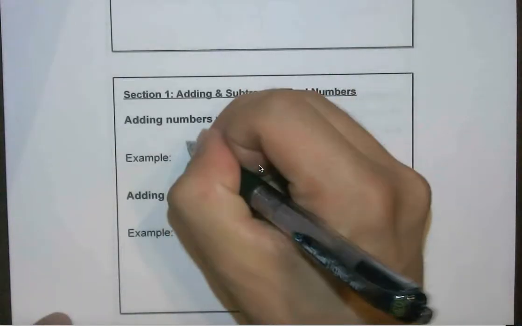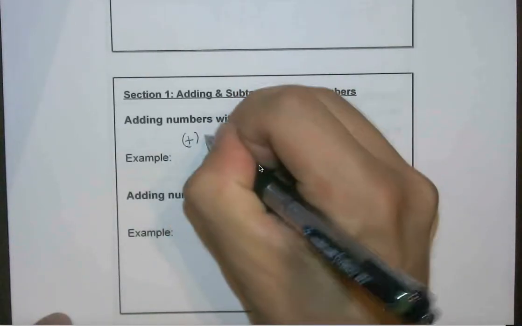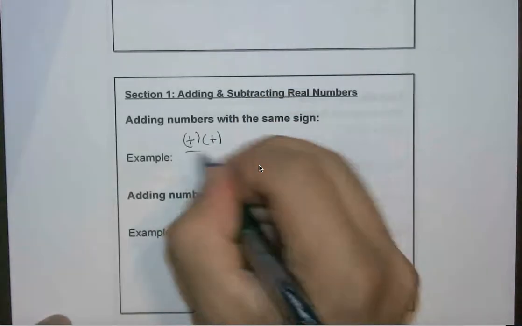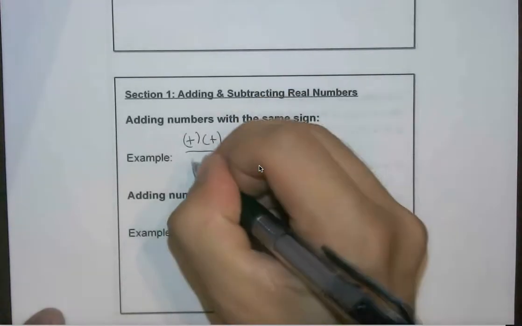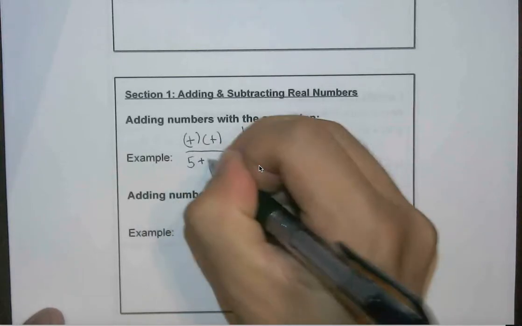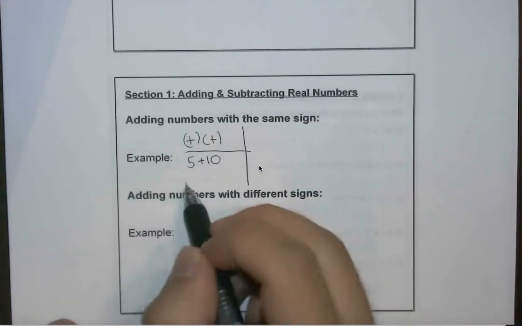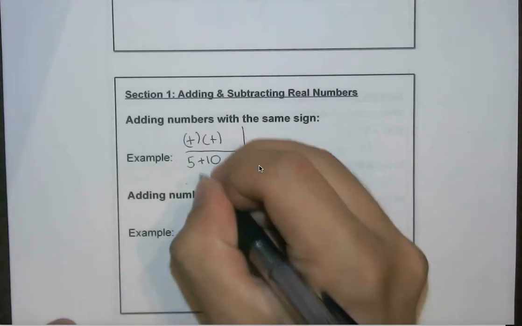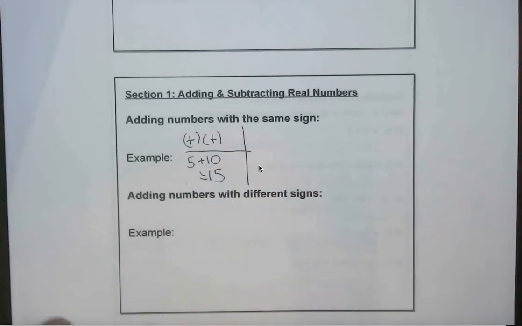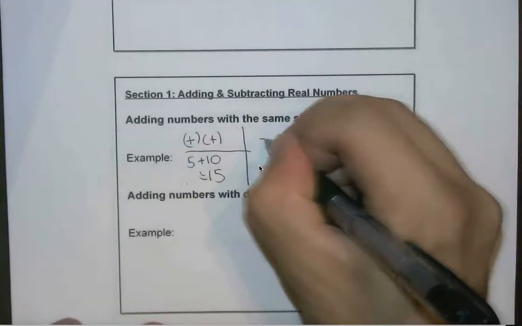So this is if we're adding two numbers that are positive. You've been doing this forever. They're both positive and you're adding, so just add up accordingly. So if you had 5 plus 10, think of it, you're on 5 on the number line and you add on 10 more, so that's 15. Whereas if we had two terms that are negative,